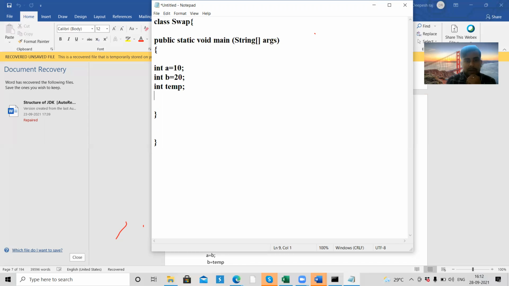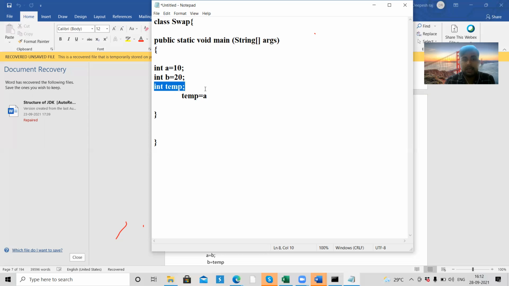Then I'm going to put a value. All operations in Java start from right to left, so I'm writing it like that so that it will be easier for you to understand. I'm putting a value into temp, because there is no value in temp yet.